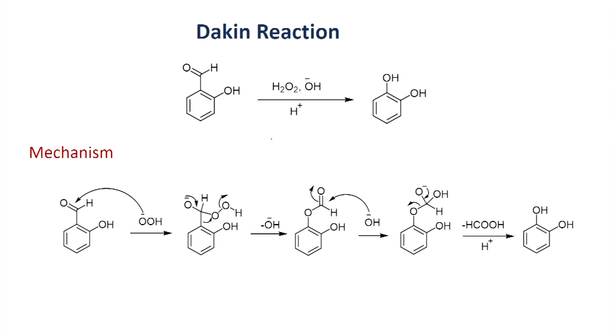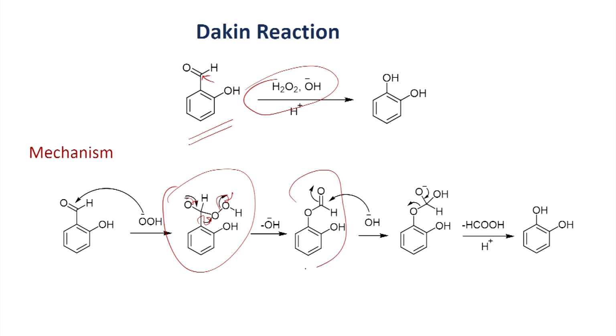Here the reaction of aldehyde with hydrogen peroxide in the presence of base is shown. Once you have this, as we have seen, it can undergo an addition reaction. As you can see here, the addition reaction can lead to the formation of this, which can rearrange as shown here, and you will be able to form this intermediate. Once you have this, it can further react with the base, and you will be able to get the addition product, which can undergo heterolytic cleavage as shown here, and you will be able to form the catechol in this process.